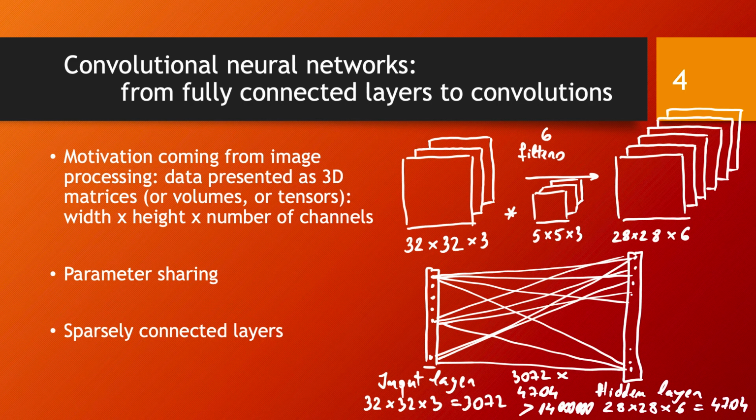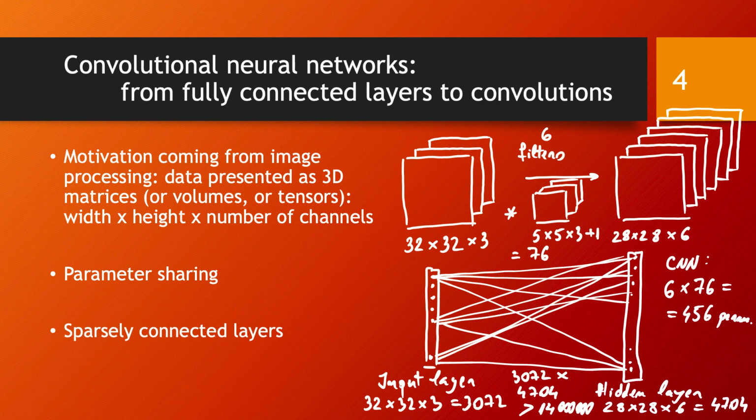So in addition to these filters, we would have one extra parameter, which is going to be additional, in the same way that the computation of any neuron is implemented also in fully connected layers. So each filter is going to be implemented through a set consisting of this many parameters, which is in fact exactly 76. And because we have 6 filters, in a CNN we would need only 6 times 76, which is 456 parameters.